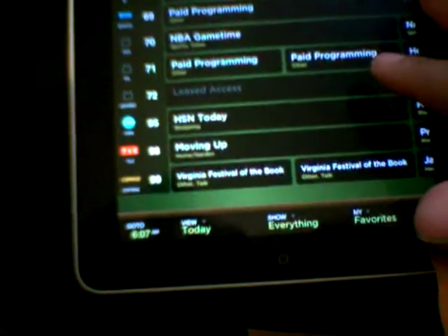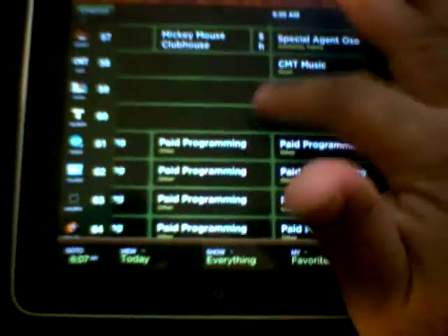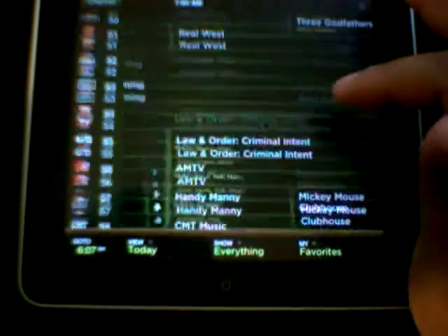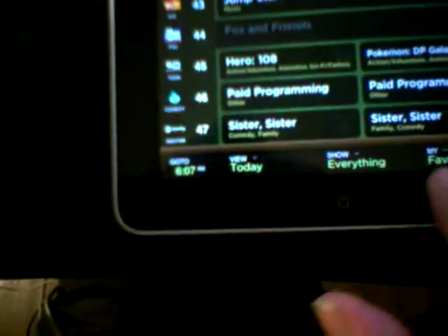This is one of those really beautiful things, because you've got HD TV now and you can't tell what's what, so I'm going to see what's coming up. And it's a simple interface. It's so simple. Okay, it's telling me the time, and it's viewing today, and I guess you could set favorites too.